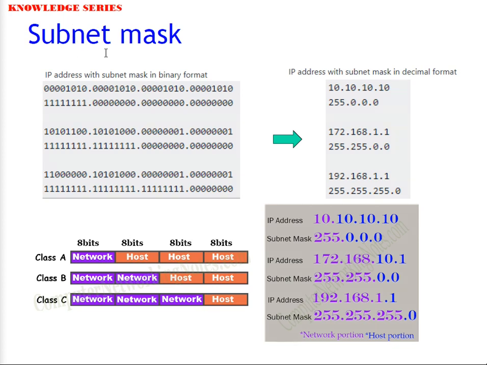Another is network. A network is a combination of several nodes, devices, terminals. Sub means small. So we are doing divisions of the network by using a mask. That's how you can consider it. So subnet mask is basically